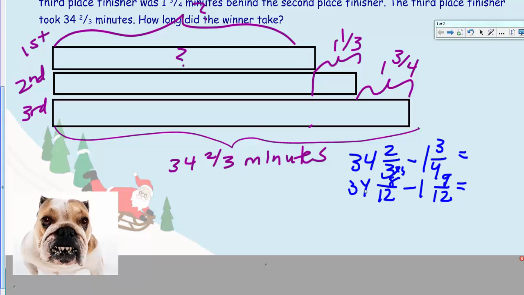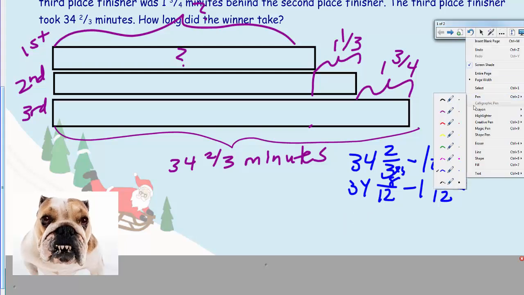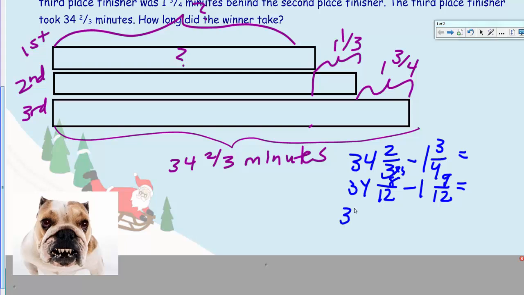You've got a couple of options here. You could put this entire number in, like an improper fraction, and do it that way. Or, honestly, I think that's going to be a lot of work. So what I'm going to do here is take one of these wholes and add it to this guy. So if I take one whole away from him, that means I'm going to have 30. Oops, that's not my 33. I got a little too crazy there with the pen. All right, 33. We'll try that again. And I took 1 away. Well, one whole here would be 12/12ths, correct? So if I add 12/12ths plus 8/12ths,